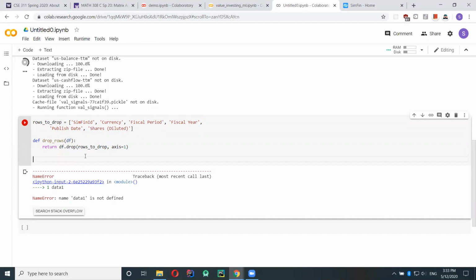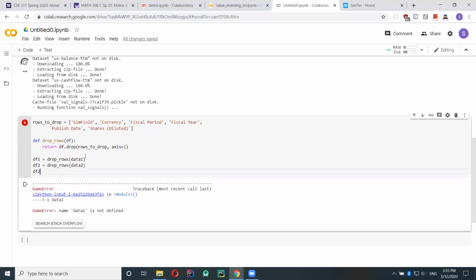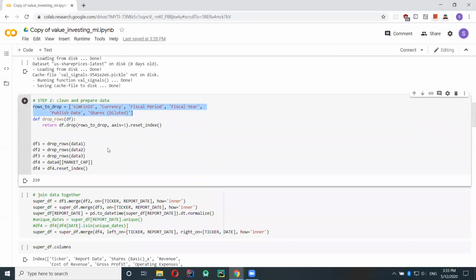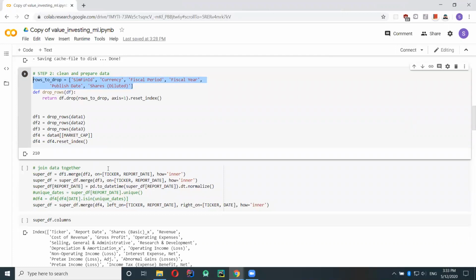Okay, so let's do df1 equals drop columns.